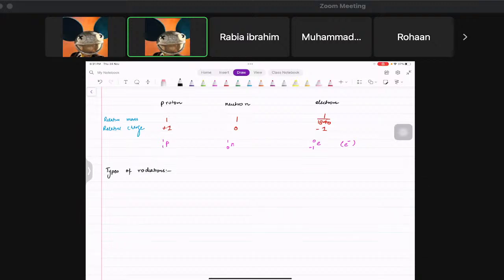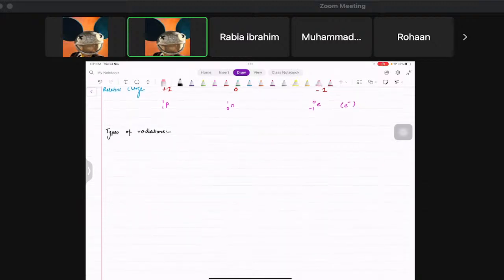First we're going to talk about the alpha particle, then the beta particle, and then the gamma particle. Oh, gamma is not a particle. Gamma radiation. Anyway, so when we are looking at them,